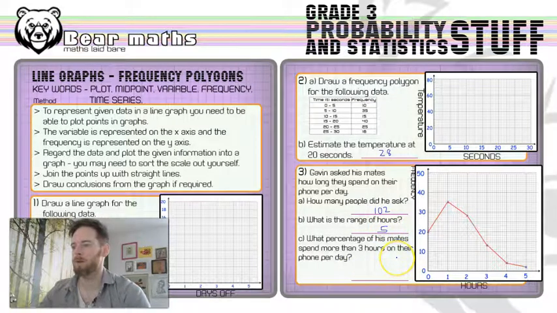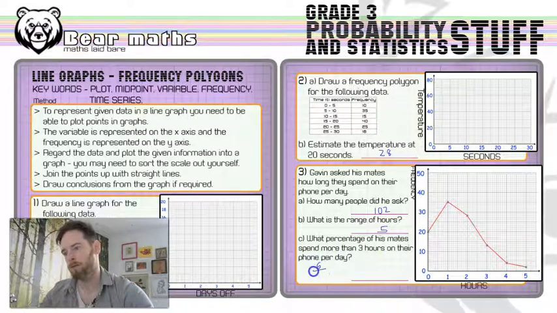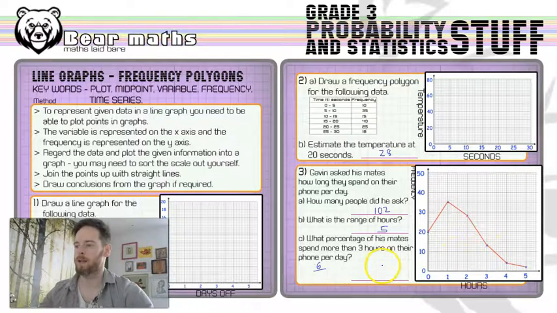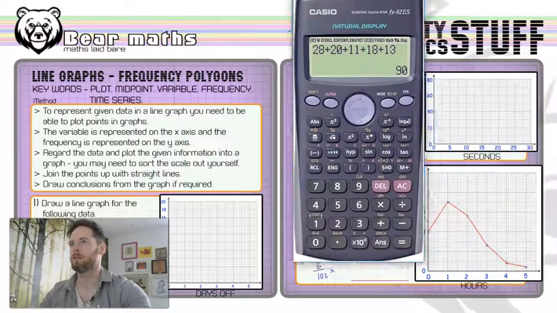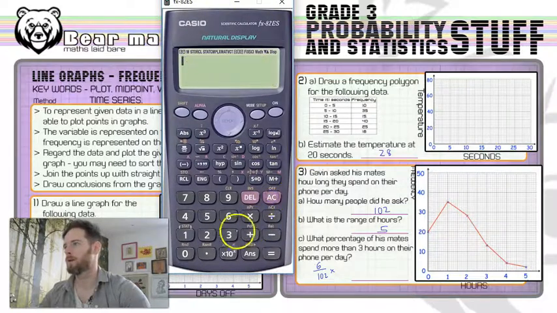And what percentage of his mates spend more than 3 hours on their phone per day? So more than 3 hours is 4 and 5, right? Remember that was 4 people and 2 people. So that's 6 people out of, and then what we've got is the total number of people, 102, which is annoying because it's not out of 100. So we have to do that on the calculator, and I could bring the calculator in now because you should be able to see it. And we will get 6 out of, or divided by 102,